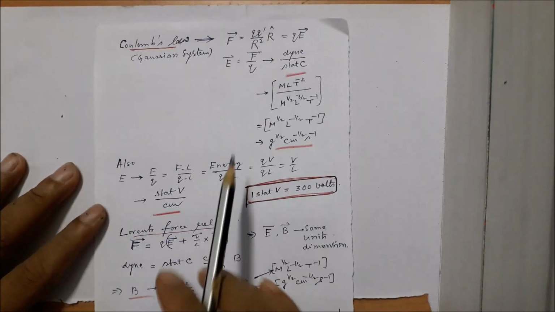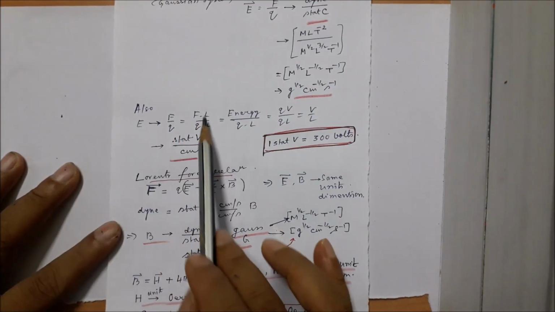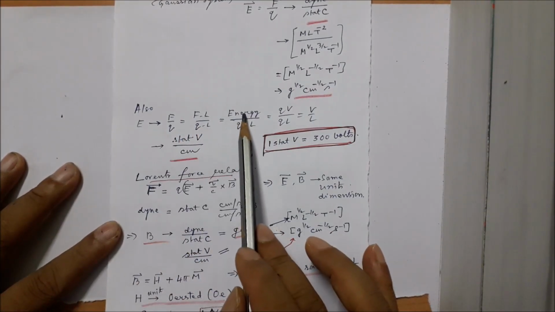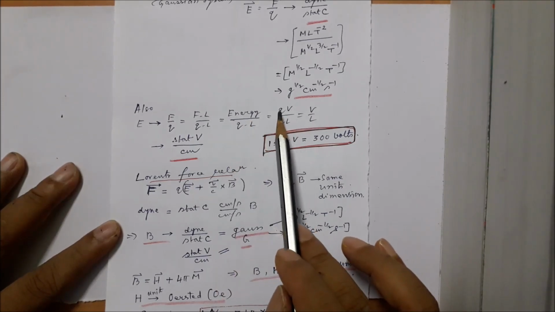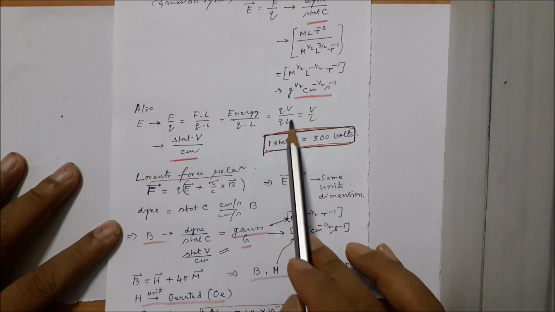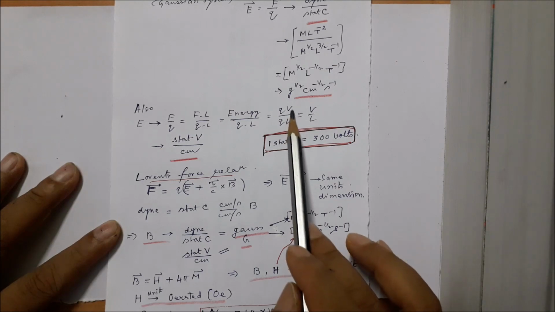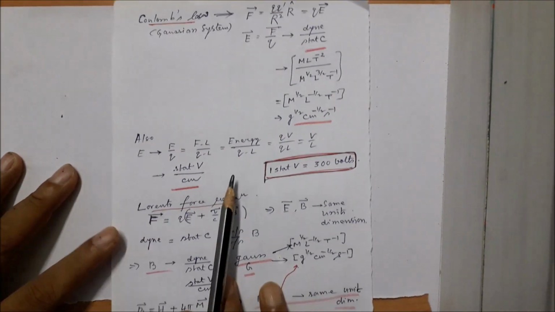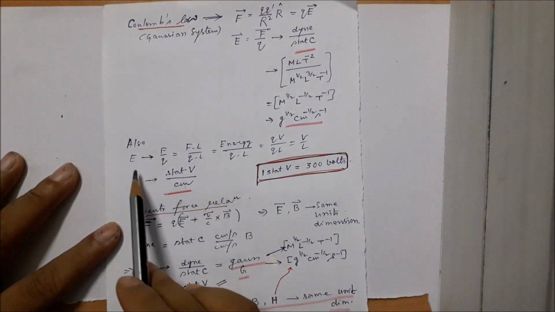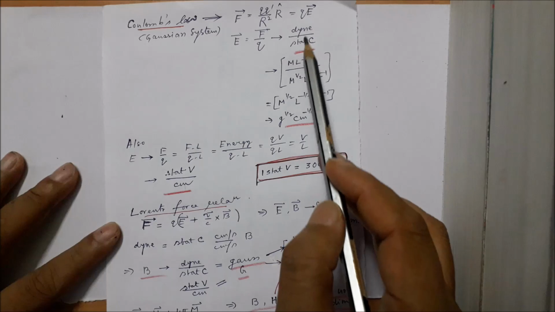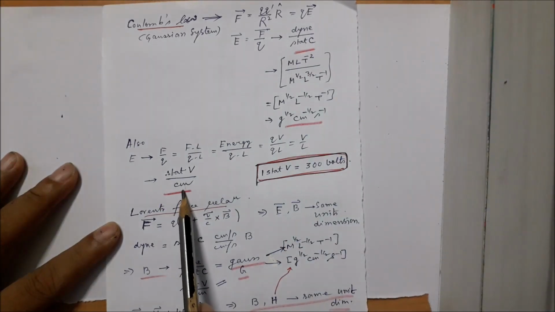Also, let us recall this thing, E equal to F by Q, and if we multiply by L, we end up with energy in the numerator. Again, energy can be written as charge into potential, so the charges cancel out and we are left with volt by length. So the unit in Gaussian system can be written as stat volt per centimeter. So the unit of E that we end up with is dyne per stat coulomb or stat volt per centimeter,